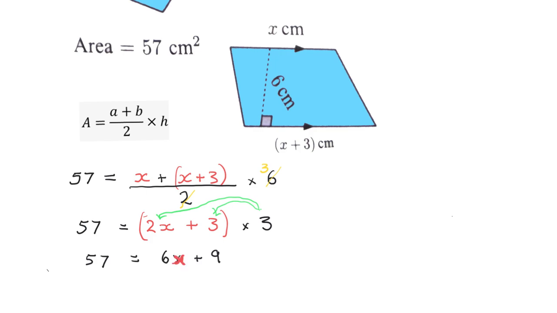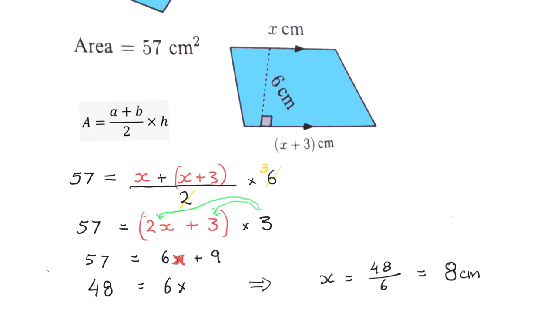And this will mean that 57 take away 9 is going to be 48, is equal to 6x. And therefore, x is going to be equal to 48 divided by 6, which is equal to 8